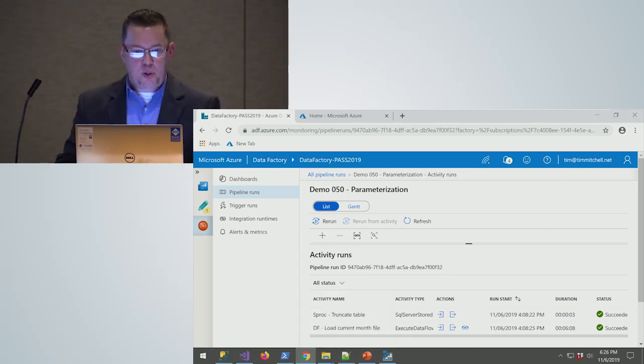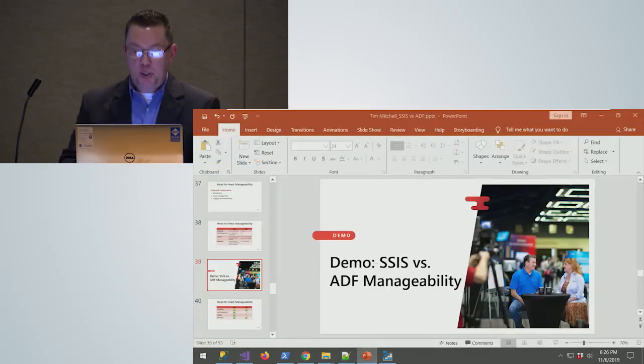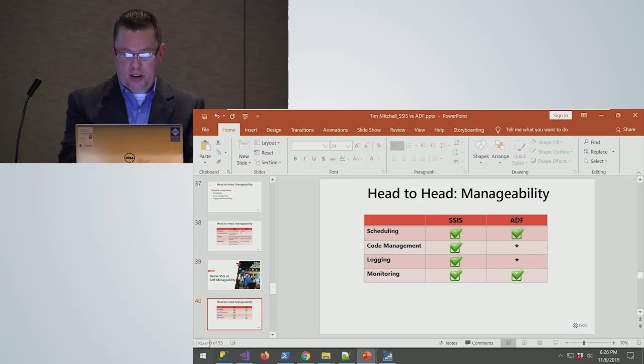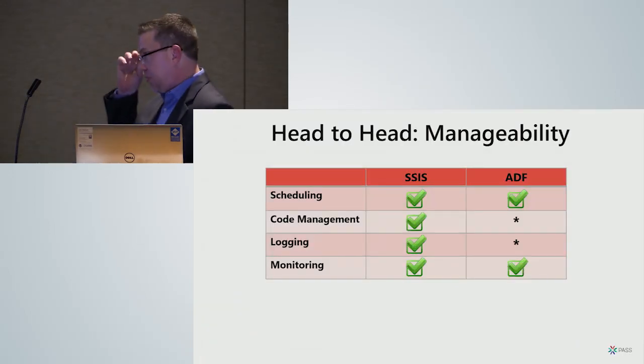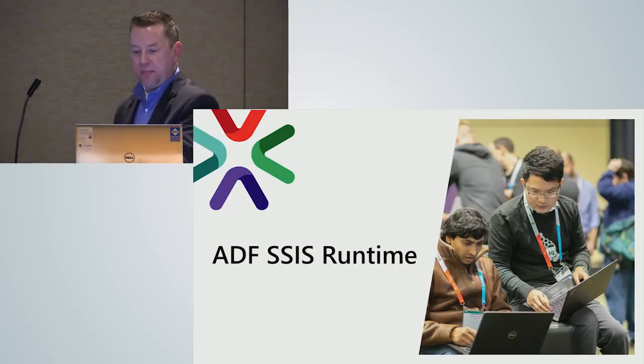So that's some of the logging information. I'm not going to drill through and show you what the source control looks like, but we do have source control capabilities built in here as well. If you're using Git, you can directly plug in the source control there. I'm going to show you a couple of my thoughts on manageability. For scheduling, they're pretty well on par. Code management, I gave SSIS a higher mark simply because you have more options with Integration Services. Same thing with logging. Again, this is my preference, but I like the more verbose logging, and I pull out what I need as opposed to just getting digested information. And then the monitoring, I think those are on par as well if you compare purely from the SSIS Catalog side to the ADF side. Those are pretty close in comparison.